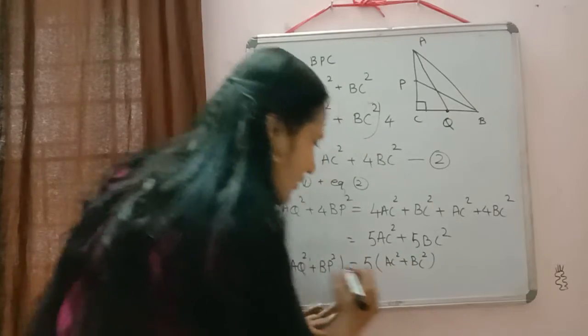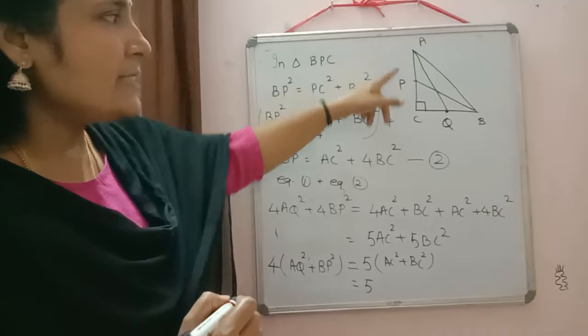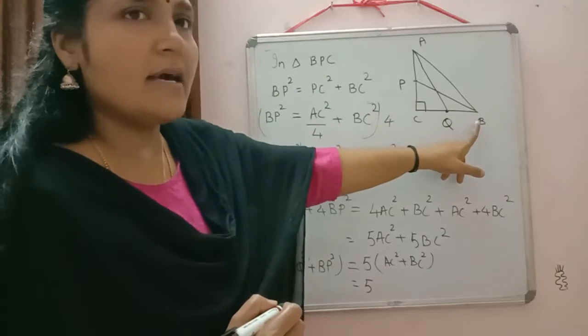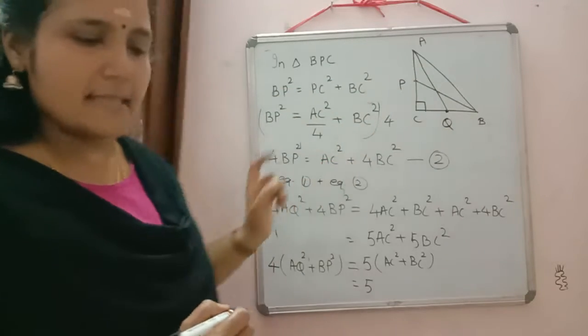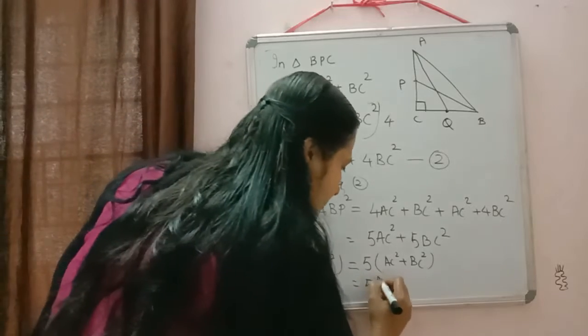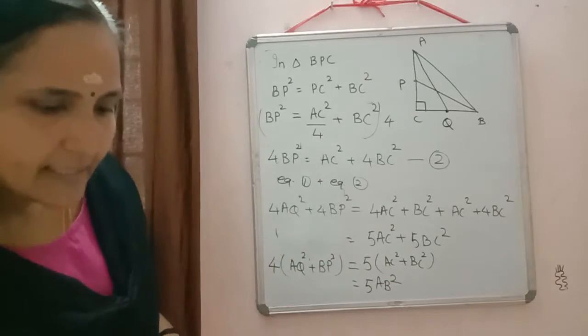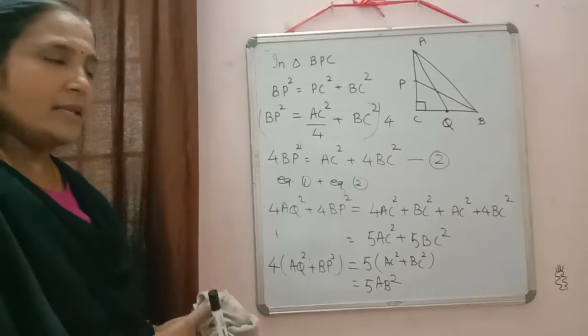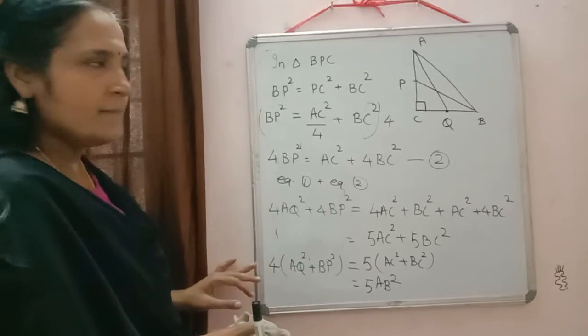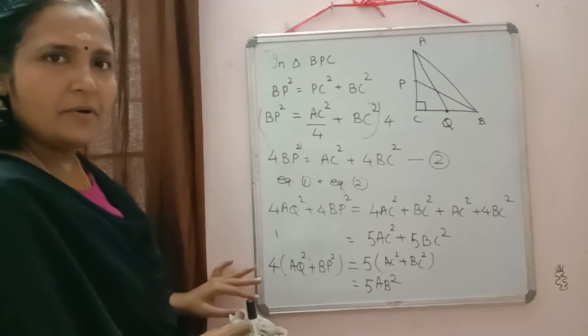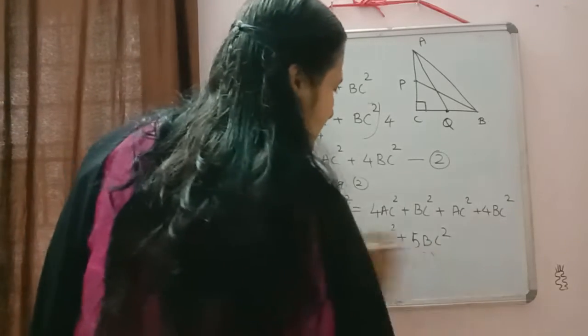Now just to check according to the diagram, AC square plus BC square will be equal to, yes, AB square. So that only we need in the proof. So always whenever you are proving anything, just check what is given in the proof and do accordingly. So this proof is clear to you? Okay. So next one you just check and try to draw the diagram there.